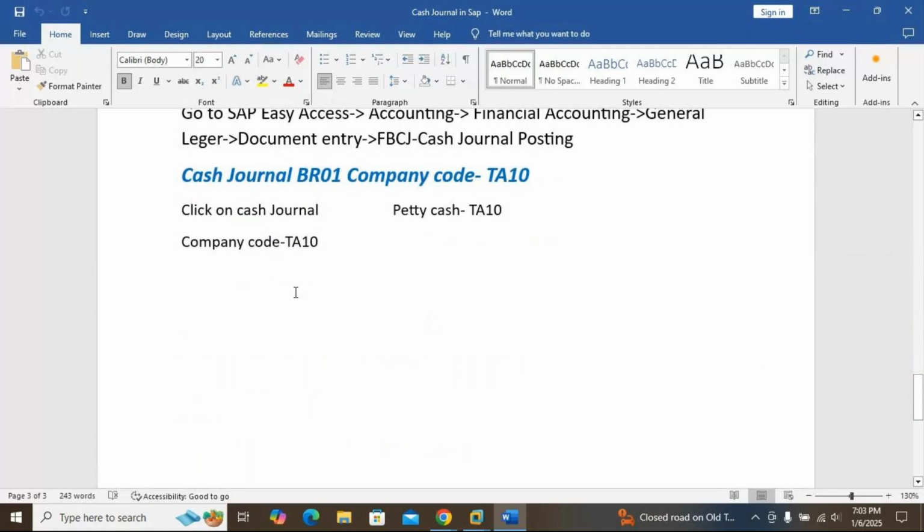After print parameter settings, we have to do cash journals. This is not TA10, so I'll give WRP1. This I have done for this company.